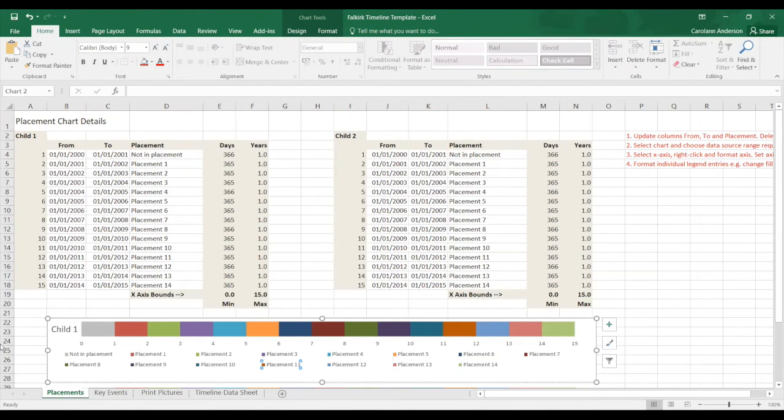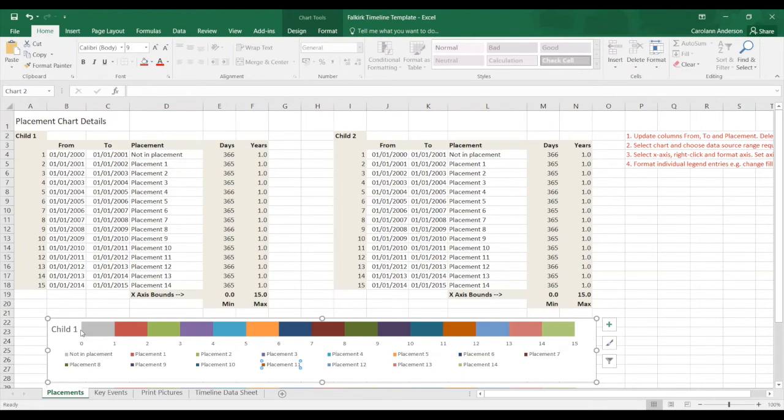As you can see, they are referred to as Child 1 and Child 2. The spreadsheet Child 1 corresponds with the colour chart below called Child 1. Additional support can be provided if you require a timeline with multiple siblings.